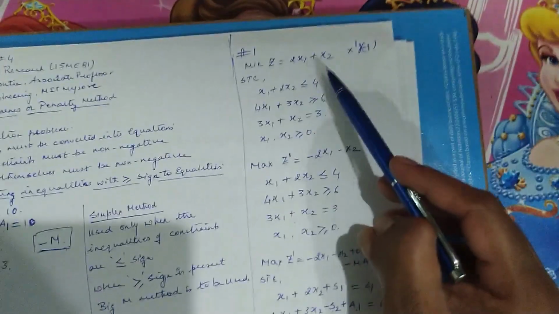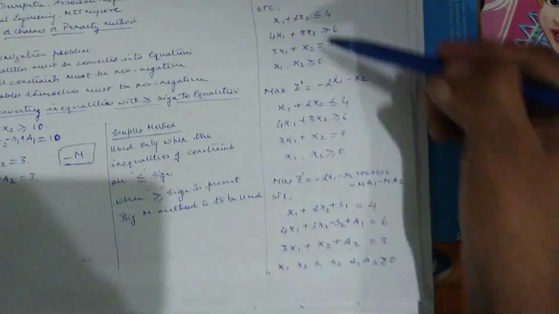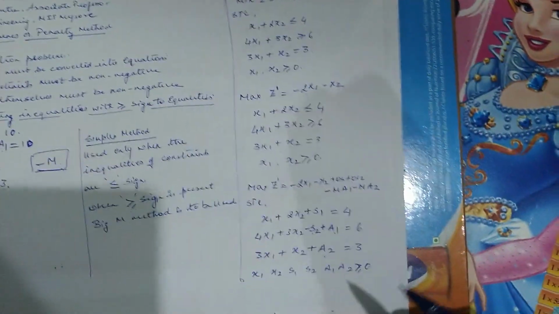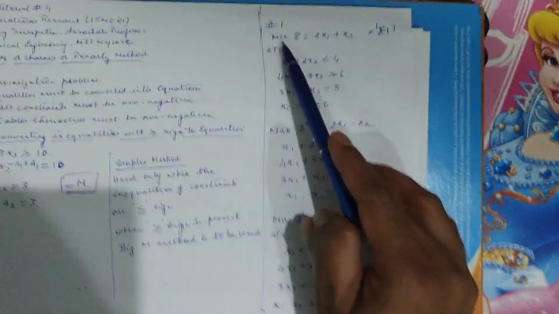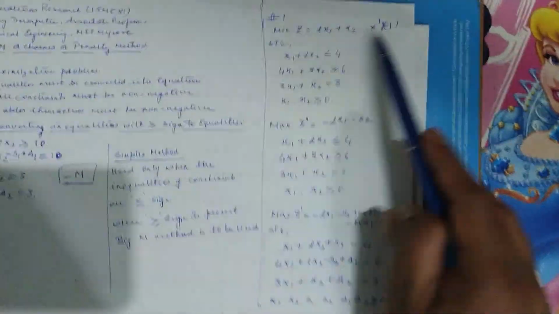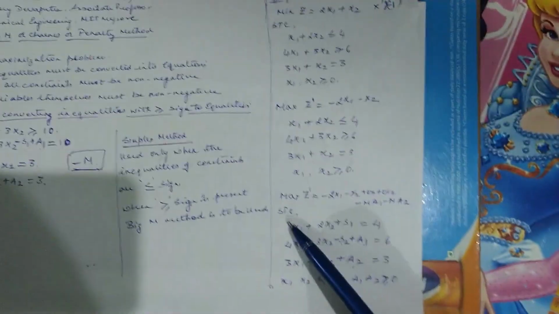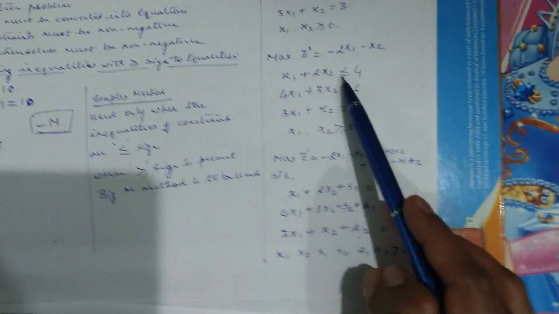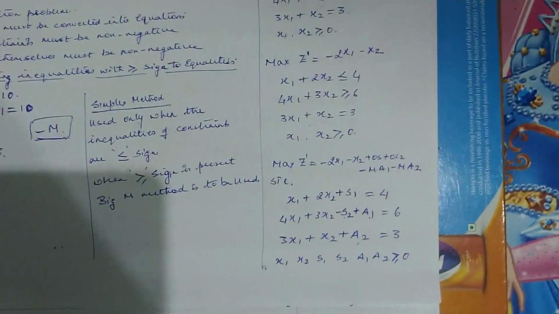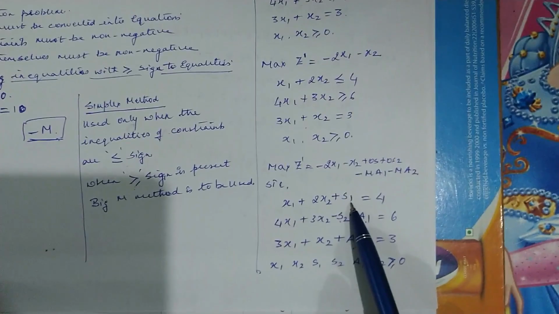Here there is a question which we are dealing with right now. Minimize z equals 2x1 plus x2 subject to the constraints that are given over there. In order to bring this given question into the standard format, to solve it by using the big M method, we first converted the minimization problem into a maximization problem by multiplying the whole of the objective function by -1. So the equation took this particular shape. Now we started working on the constraints, not on the objective function but on the constraints. Since the first constraint had an inequality in the form of a less than or equal to sign, just an addition of a slack variable was enough.